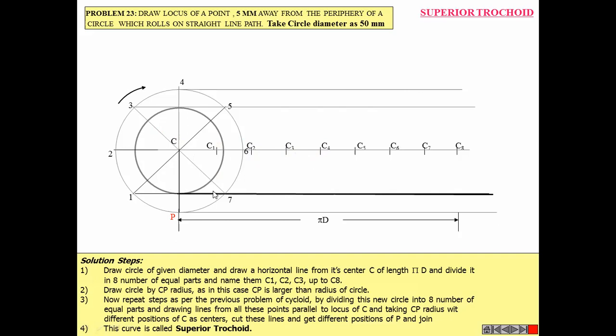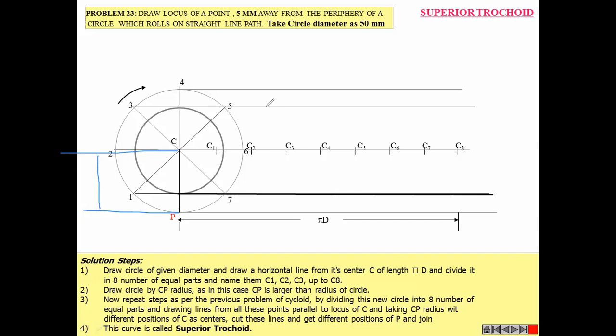So here, what radius should you take? Anyone answer me? CP. Yes, correct, CP. Now see, our focus should be on CP. Whether P is on the periphery, inside the periphery, or outside the periphery, we don't bother with that. Our focus is CP, so the radius is fixed. In this case, my radius is this C to P.